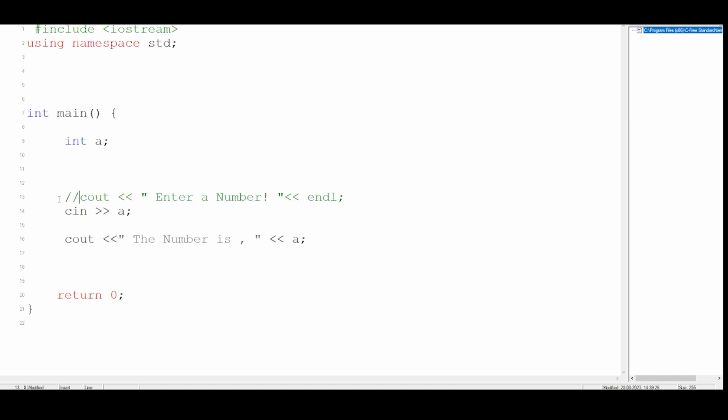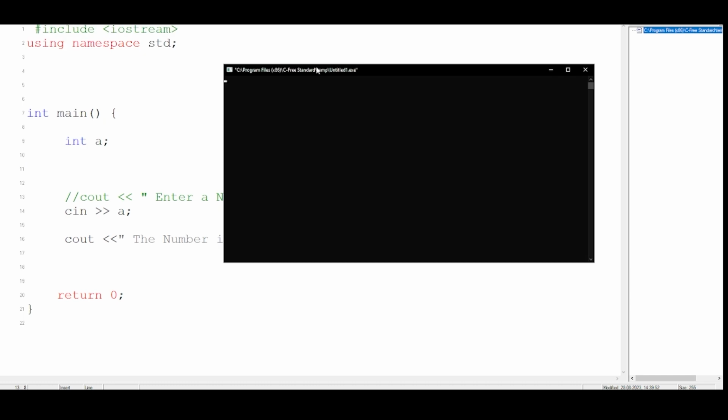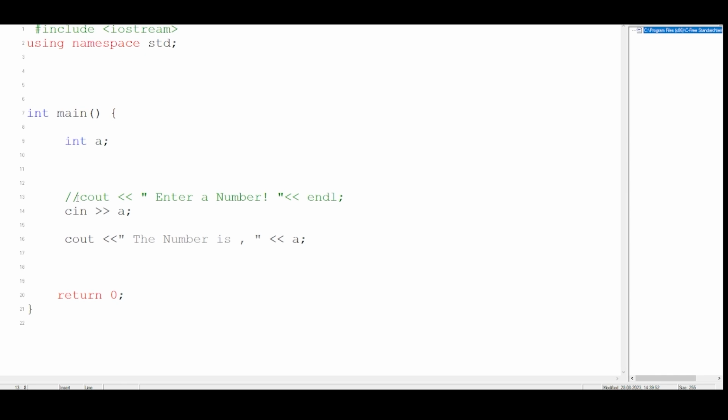If I don't give this and I run the code, it's fine, it's waiting, but I don't know what I have to do. If I have no knowledge of programming, it's just waiting over there. I can type anything. Let's type a word, let's say hello. If I type the word hello and run the code, it will give me a garbage value because hello is not a number, it's a string, right? Those are the kind of things you have to keep in mind. This is optional, but you should write it to make the user know what exactly they are giving. So, enter a number, right?